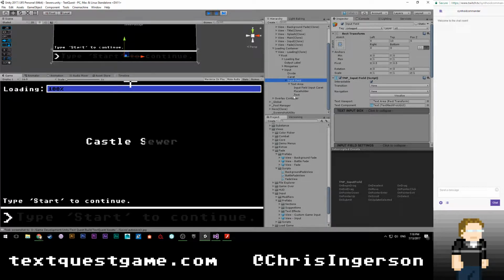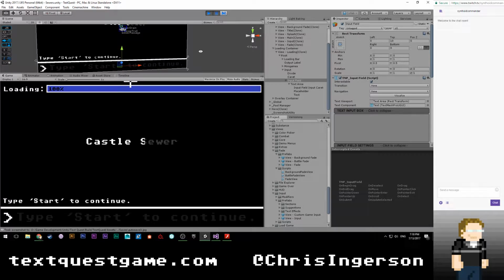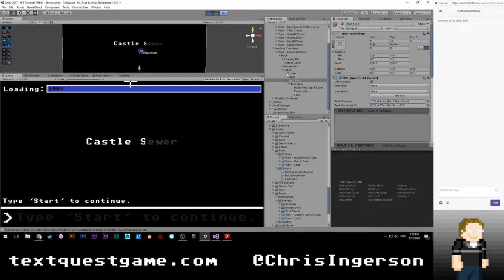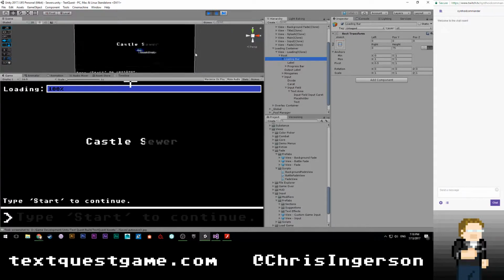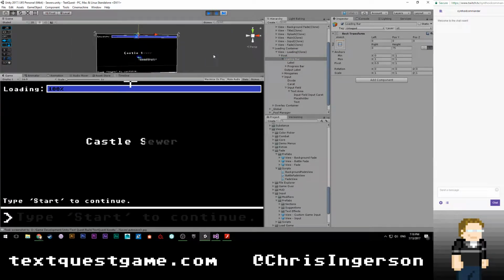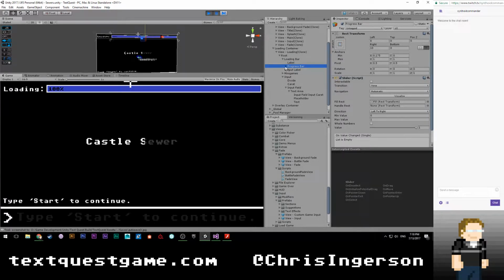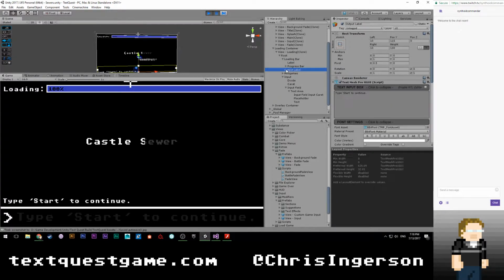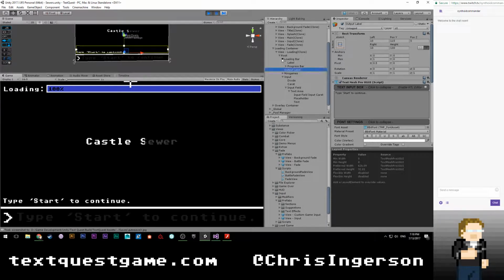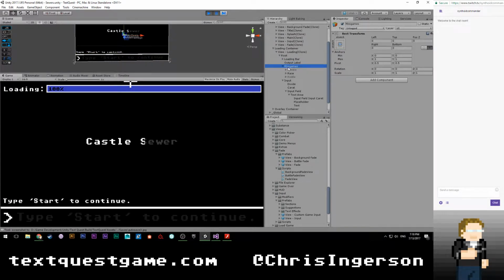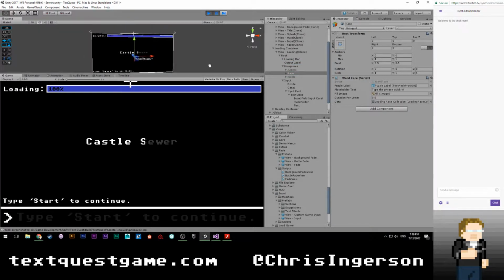Text area. It'd be nice if I could just have a visualization for all of my rect transforms right now, but I can't really do that. So let's see here. Is our loading bar going to affect it? No, it shouldn't. It should all be up at the top there. Yeah, okay. Output label shouldn't affect it, which means that really only minigames should be affecting it, which it might be right here.